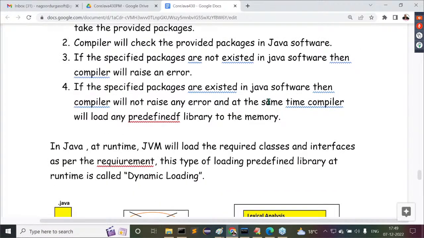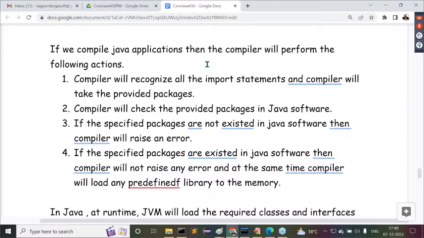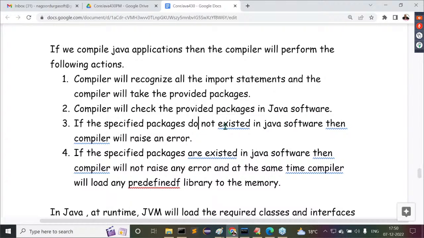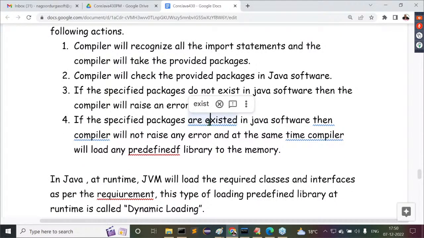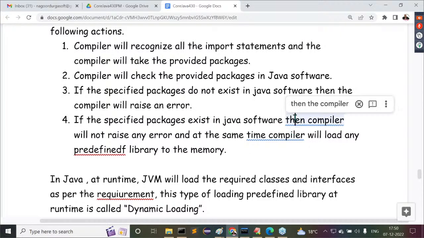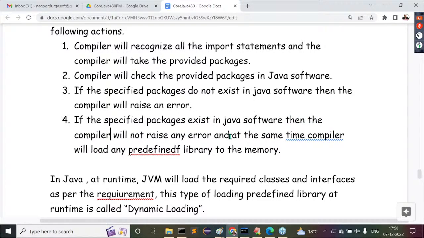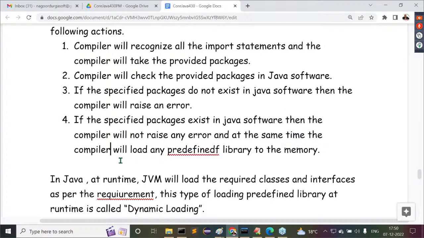Now see the points I am telling you. If you compile Java applications, then the compiler will perform the following actions. The compiler will recognize all import statements and check the provided packages in Java software. If the specified packages do not exist in Java software, then the compiler will raise an error. If the specified package exists, the compiler will not raise any error, and at the same time,